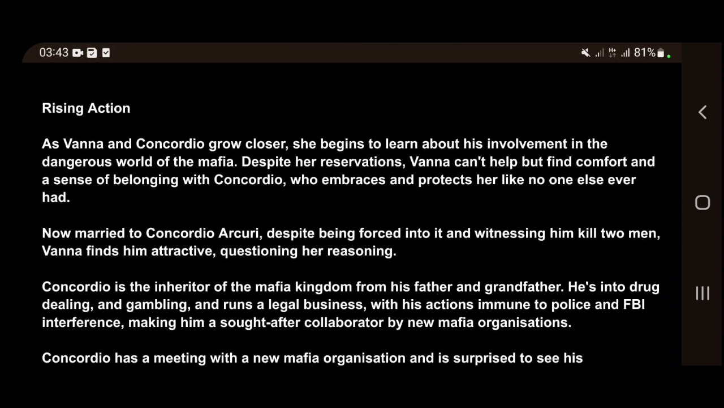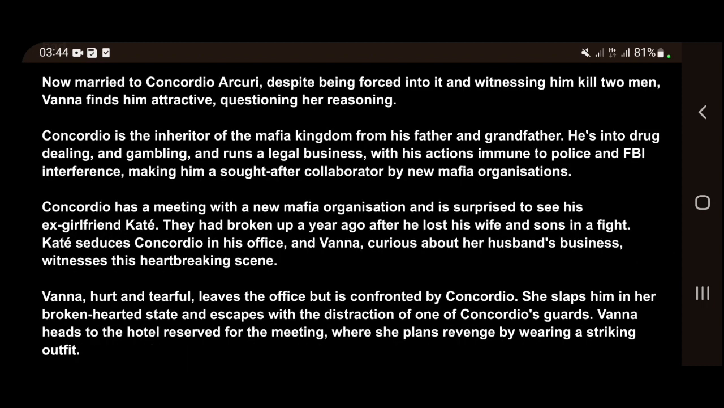We have that as Vena and Kokodio grew closer, she begins to learn about his involvement in the dangerous world of the mafia. Despite her reservations, Vena can't help but find comfort and a sense of belonging with Kokodio, who embraces and protects her like no one else ever had. Now married to Kokodio, despite being forced into it and witnessing him kill two men, Vena finds him attractive,